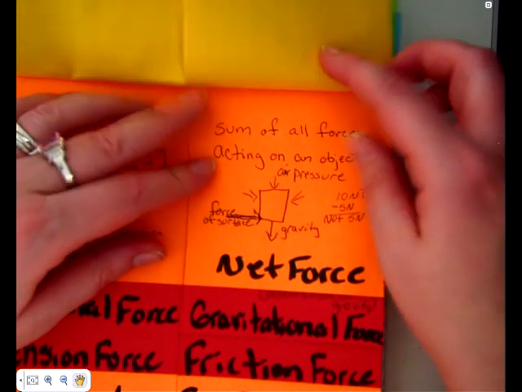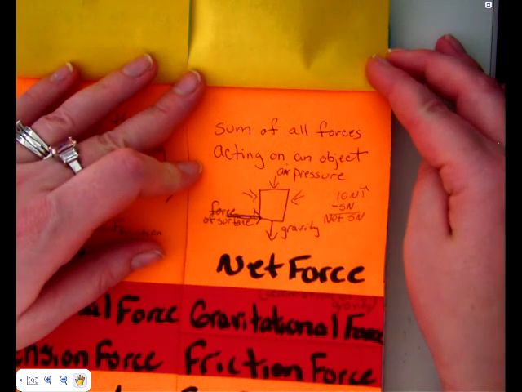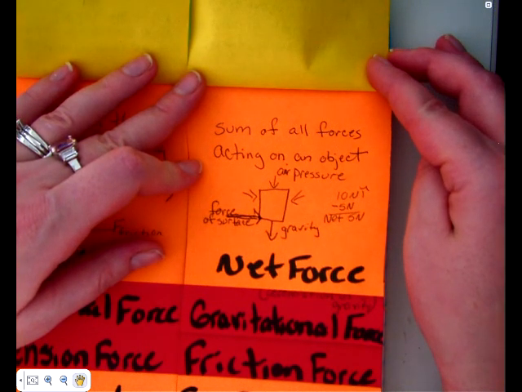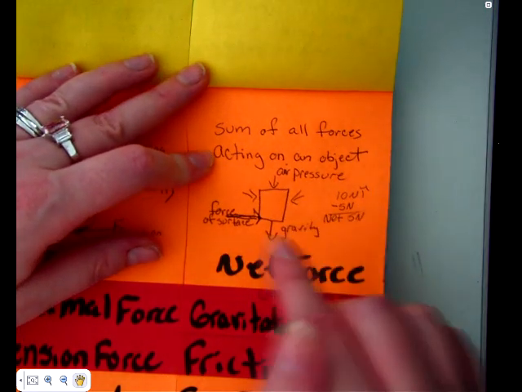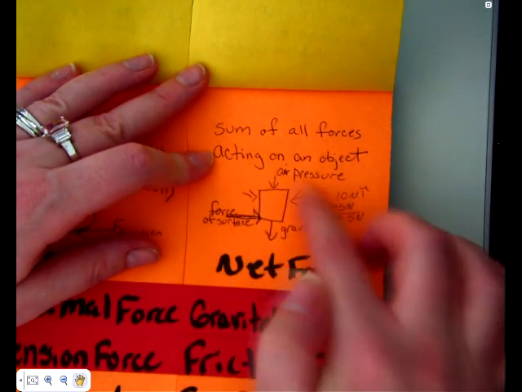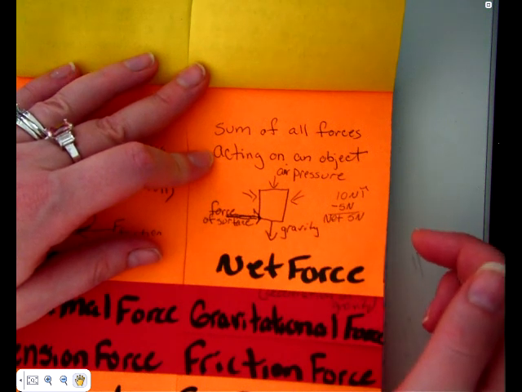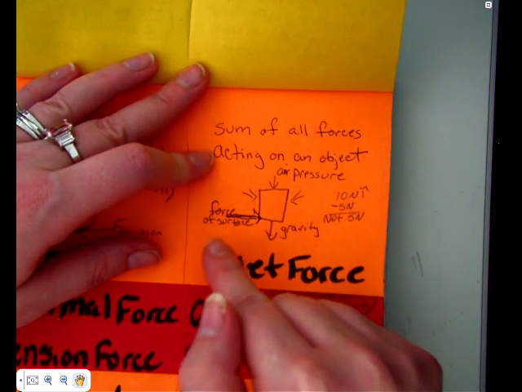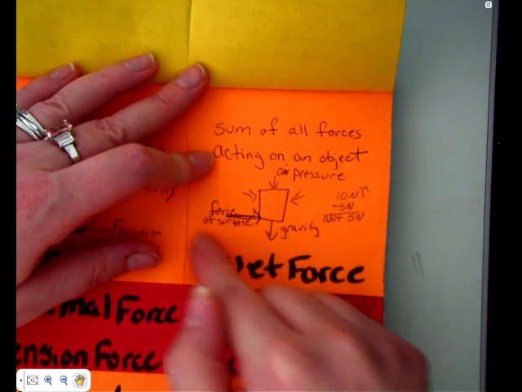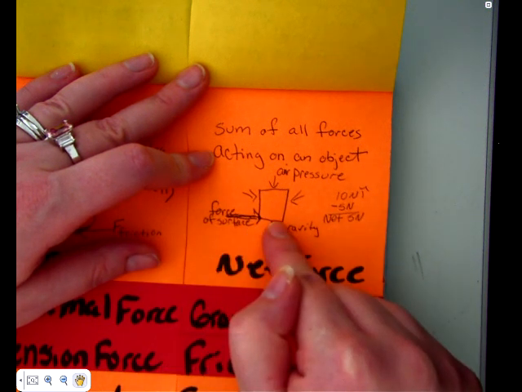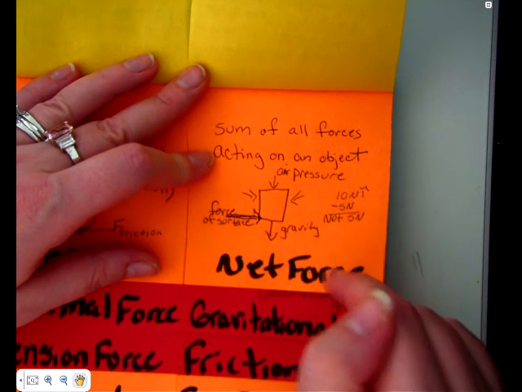We'll talk about many types of forces. Net force is the sum of all forces acting on an object. We are going to talk about this. Here's a typical box. You would have air pressure, which is a force that's all around the box. Maybe the force of gravity that's pulling down on the box. The force of the surface, which we call a normal force. But a net force